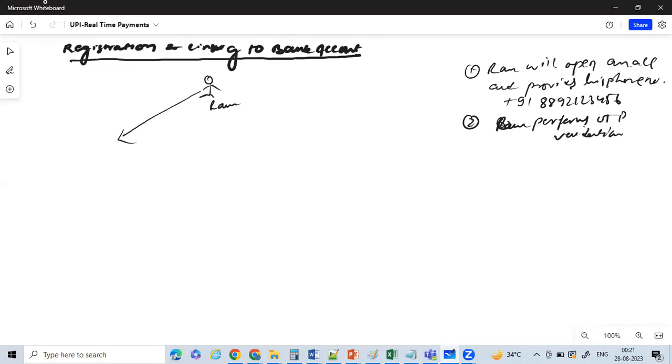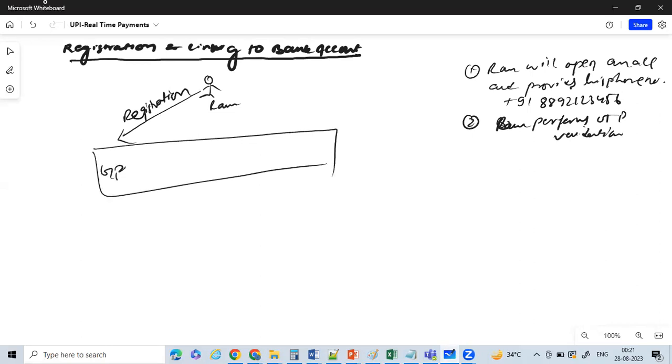All right. So the first thing, the registration, is done like this, and it can be any app for that matter. It can be GPay, it can be Paytm, it can be Amazon Pay, and so on. Right? This one is step 1, this one is step 2,